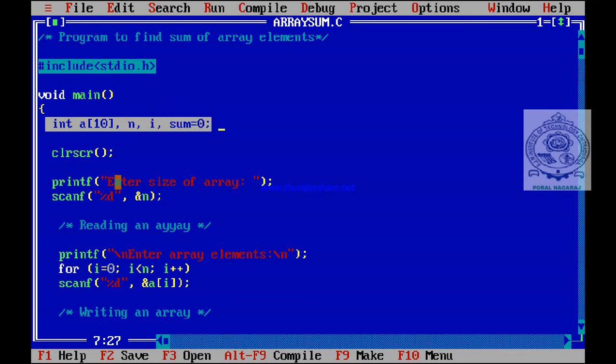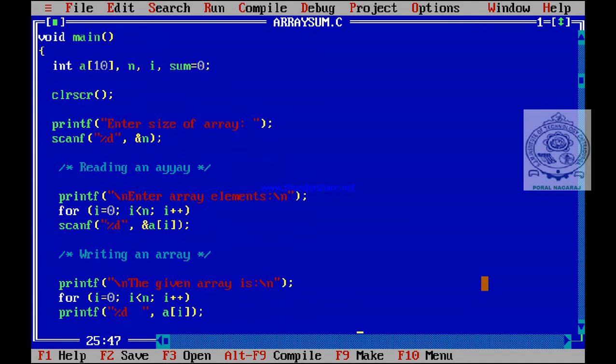Clear screen. Enter size of the array, scanf ampersand n. So this is your input. When the scanf statement is executed, a blinking cursor is displayed on the screen and execution does not continue until you give the input. How many elements? 5, 4 or 3 elements or 10 elements, like that. Then after giving the input, control comes here. Suppose the value of n is 5, you have to store 5 elements one by one. So for that you have to read the array, and this is the code.